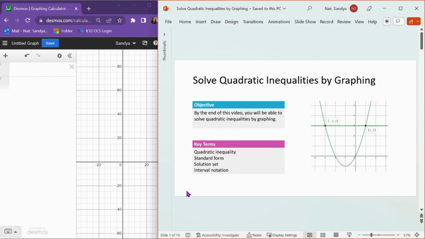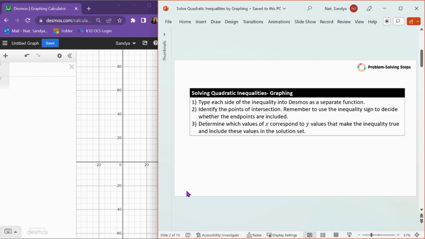In this video, we're going to talk about how to solve quadratic inequalities by graphing. So to solve quadratic inequalities by graphing, we're going to type each side of the inequality into Desmos as a separate function. Then we'll identify the points of intersection. Remember to use the inequality sign to decide whether the endpoints are included. Then we'll determine which values of x correspond to y values that make the inequality true and include these values